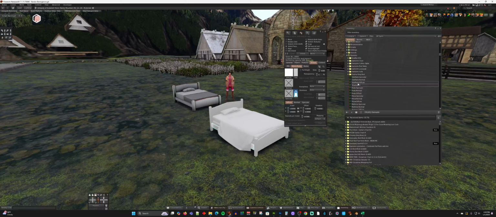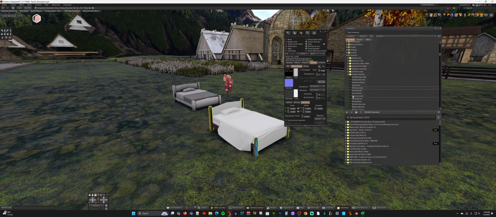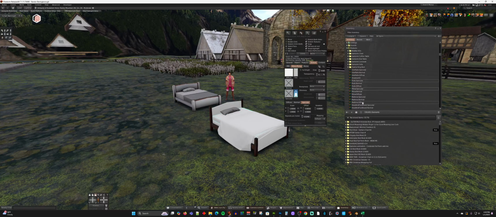Shadow, I did that one. Next with side rails, diffuse, normal, specular, posts, diffuse, normal, specular. Then we'll go to the pillow, diffuse, normal, specular, mattress, diffuse, normal, specular,